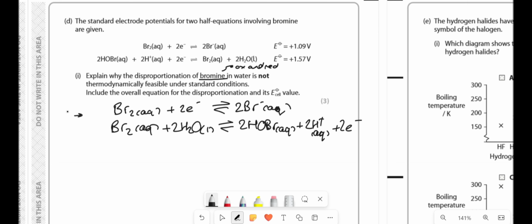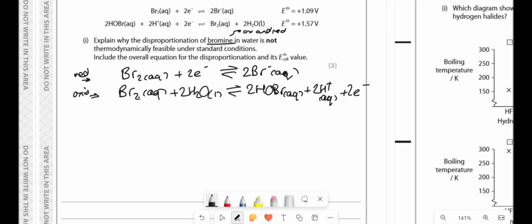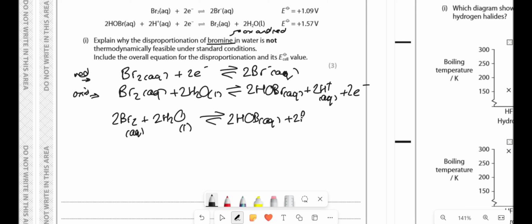Okay? So that means that this is being reduced. This one is being oxidized. So then, we're combining them together, we would end up with Br2. So that's what? Br2 and Br2. So that's 2Br2 plus 2H2O liquid goes to 2HOBr aqueous plus 2Br- aqueous plus 2H+. Tidy this up to get Br2 aqueous plus H2O